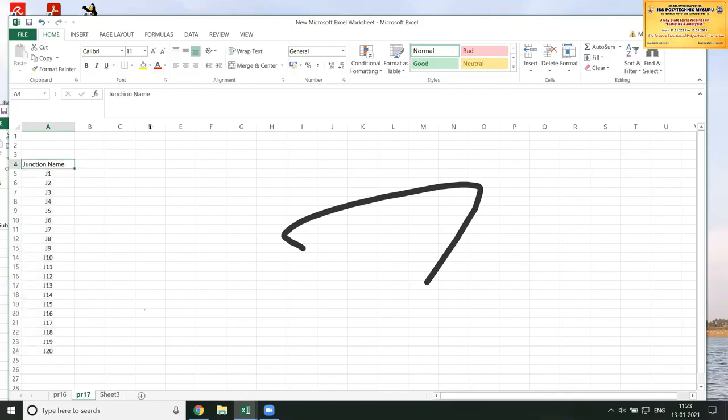Junction name. So the number of vehicles, two-wheelers that have crossed this busy junction, I have counted and written. So here I'm going to write random values for the different junctions. So 12, 15, 26, 42, 13, 5, 8, 60.